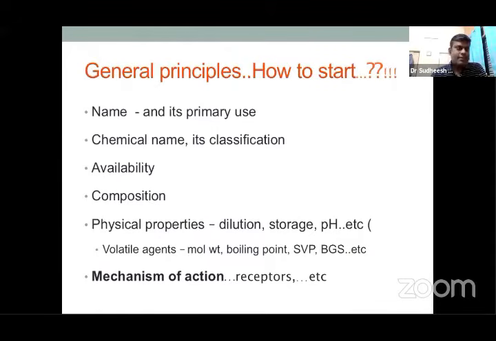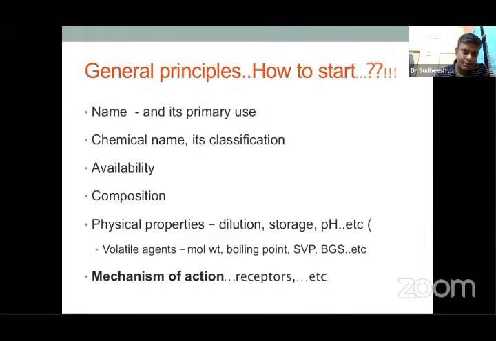Many drugs are available in the form of solutions or powders, or there are certain special packets or packages available, and there are certain special instructions regarding storage of the particular drug. So all those things you need to see. And once you pick up a vial and go through its contents, you can see it's not only about the pharmacological drug which is contained.